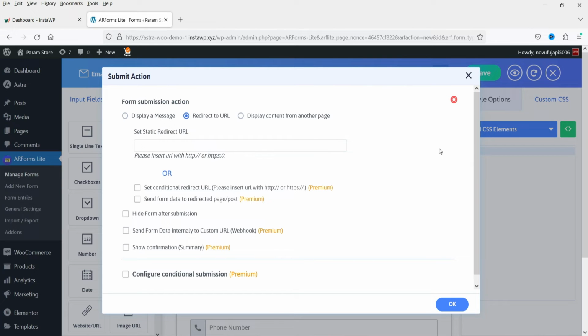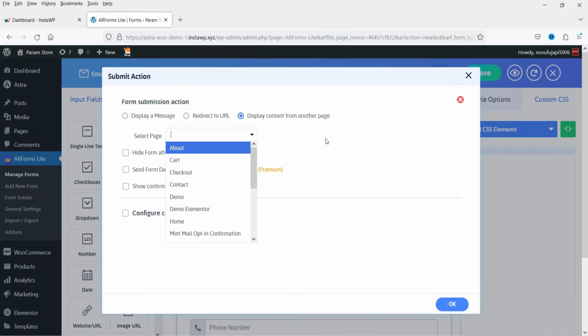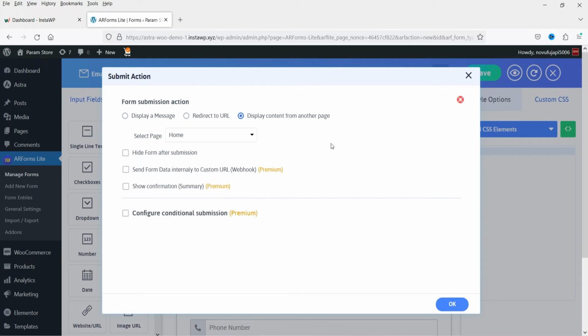If you want to redirect the user to another page, you can use the redirect to URL option. And here you can add the URL where you want to redirect the customer after submitting the form. Next option is display content from another page. So you can show the content from other pages. You will see the list of pages from your website. So you can select any page from your website and it will show the content from that page of your